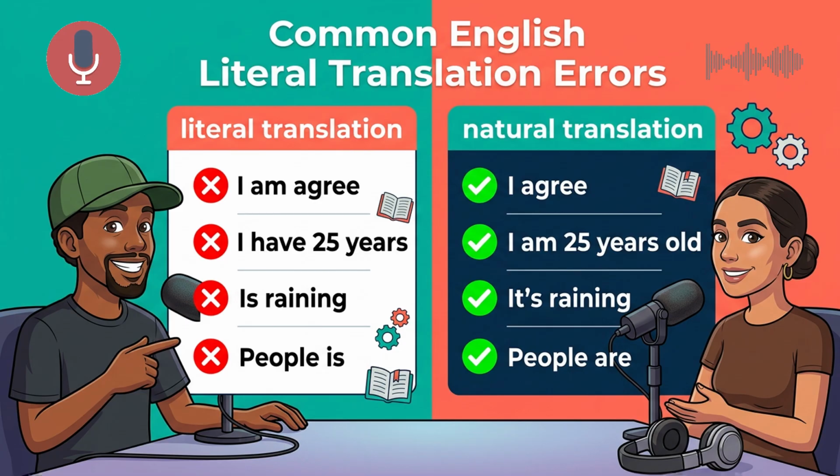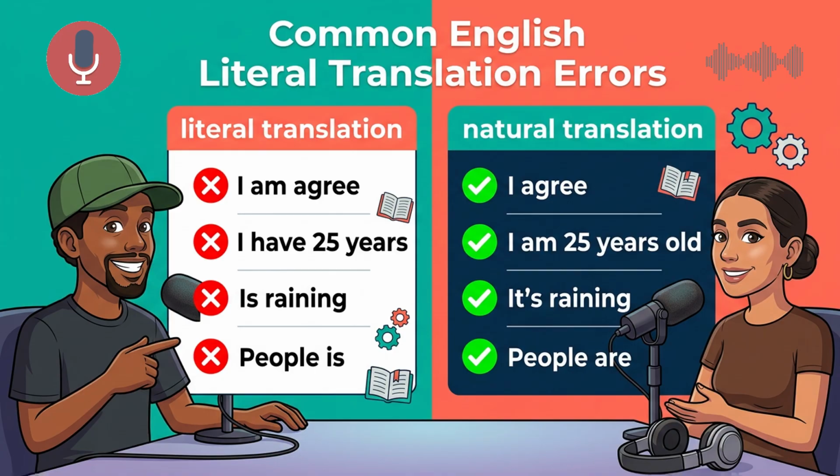Or think about the action word run. You do not say, I am run. You just say, I run. Exactly. So if we apply that exact same logic to our dictionary trap, you should never say, I am agree. You just say, I agree. Let's listen to how that sounds in incorrect English versus natural English.